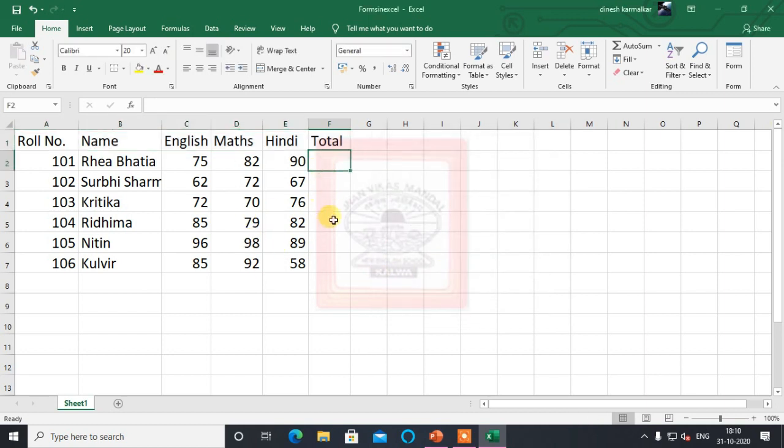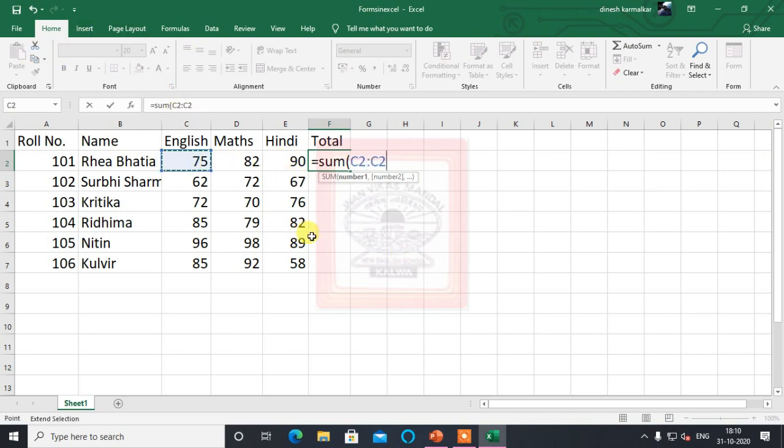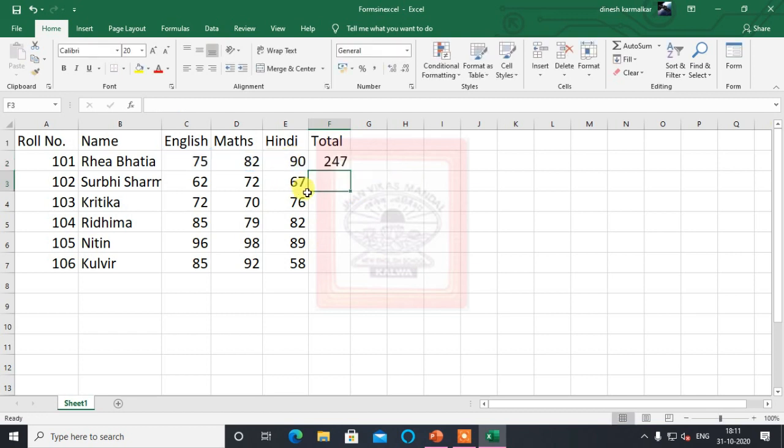Now, as usual, we are going to find the total with the help of equal to SUM, colon, enter. For the remaining we will use the autofill function.